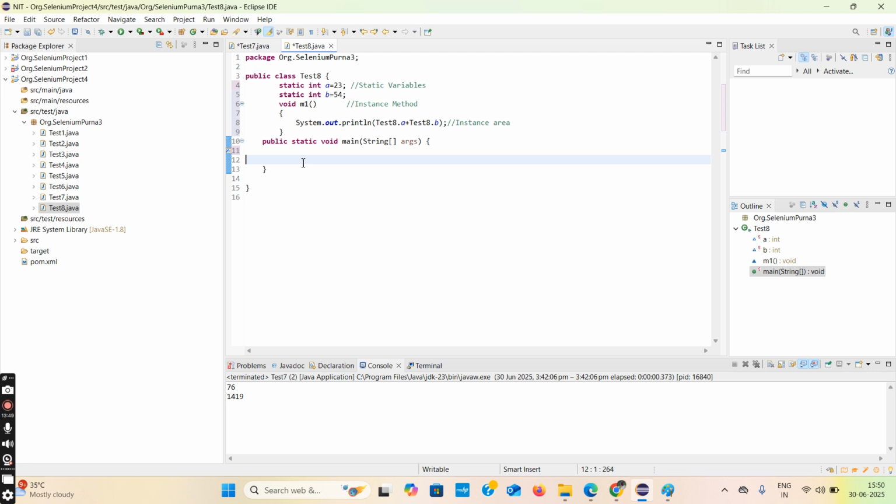In the static area also you can. And next, here,